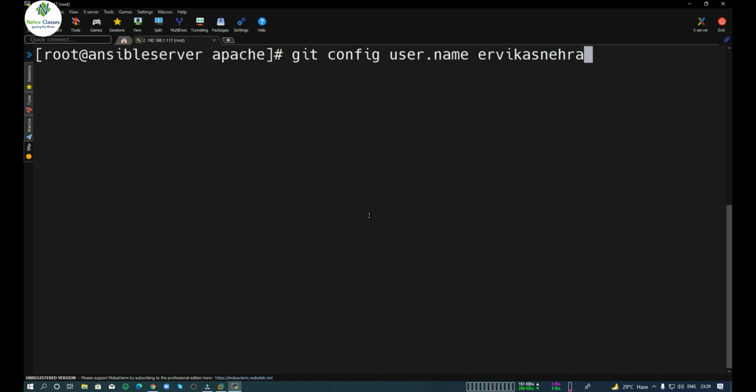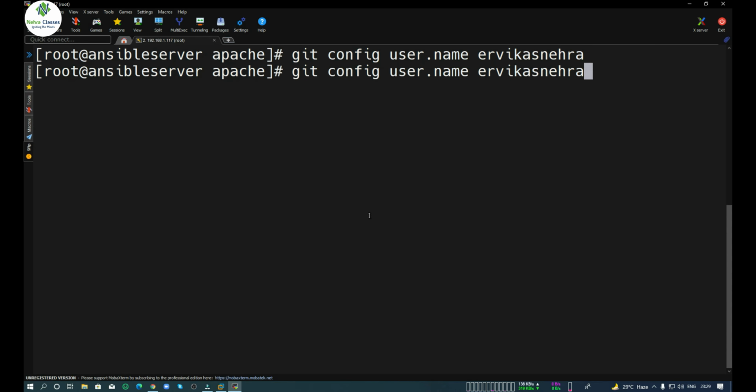So my username on GitHub is ervikasnehra, so I'll mention that here. After that we will mention the email ID, so we will write there git config user.email and there we will mention the email address. So let me mention my email address there.